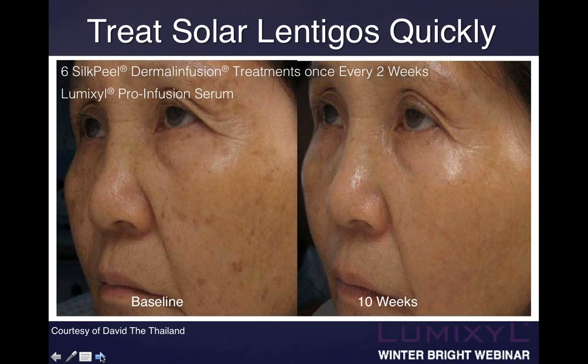In the next slide, the other thing I want to mention too is that this is only 5 treatments, so it's not a huge investment for somebody. Absolutely. As we talked about before, with East Asian skin, they tend to get the sunspots, the